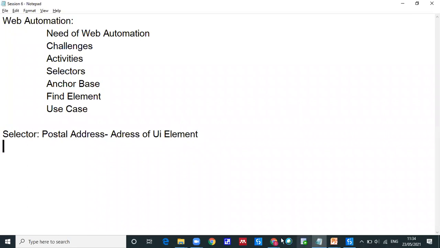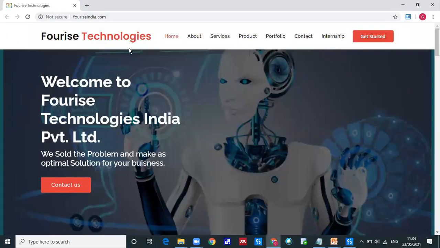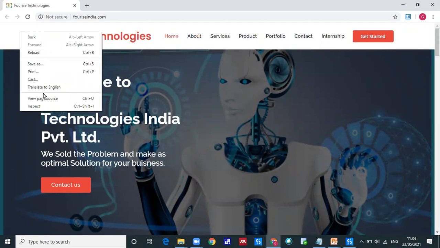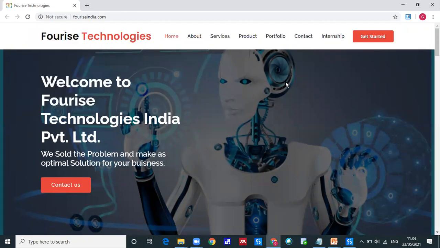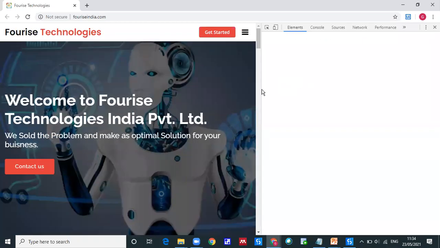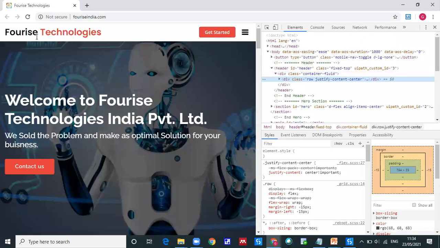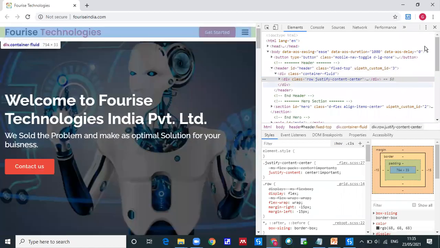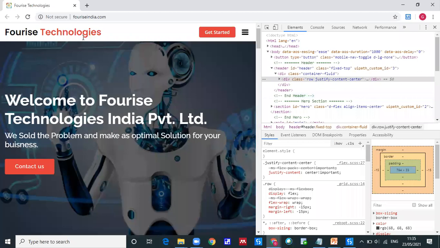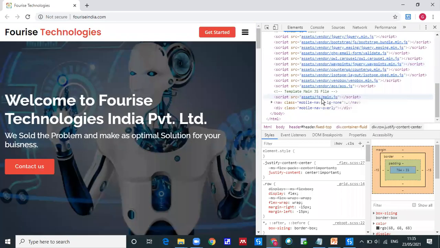So for every element on this website, there is an address. So I'm clicking on 4ice. This has been written somewhere. Okay. Let me show view source page, inspect, right? I think as computer engineering students, you are well aware of this. So if I click on this particular element, what is going to happen? This is the code, right? This is the code of that particular element. Just click on any header like this, it will focus. Can you see this? So this is clicking on that particular 4eyes technology and get started. So these are the addresses I wanted to show you. These are simply the address of each element on the website.